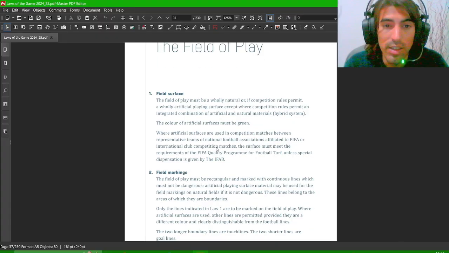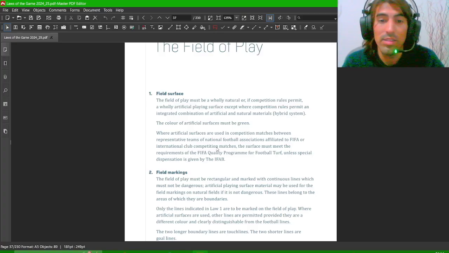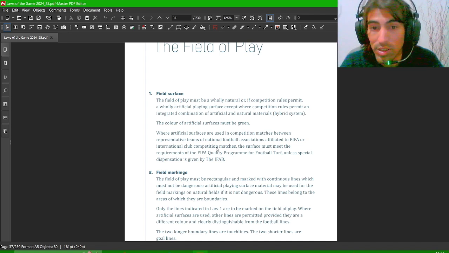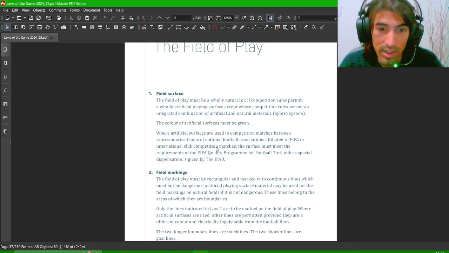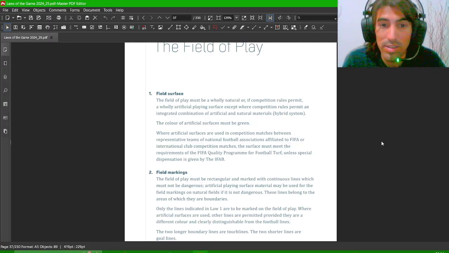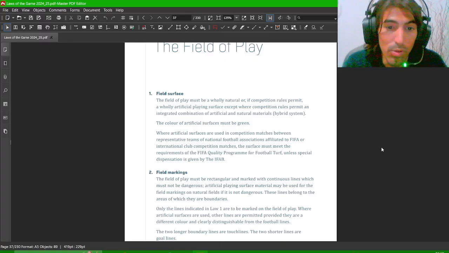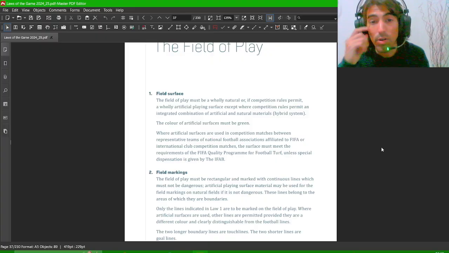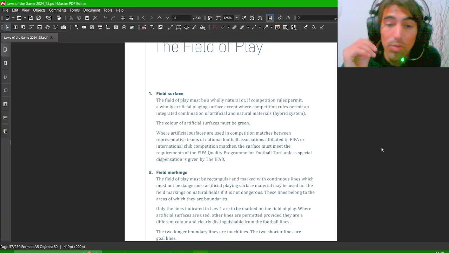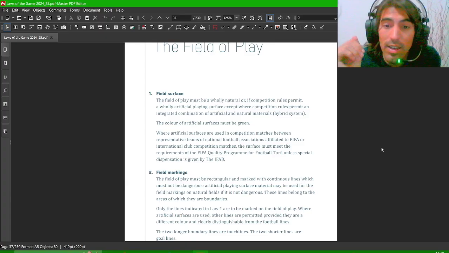Where artificial surfaces are used in competition matches between representative teams of national football associations affiliated to FIFA or international club competition matches, the surface must meet the requirement of the FIFA Quality Program for football turf unless a special dispensation is given